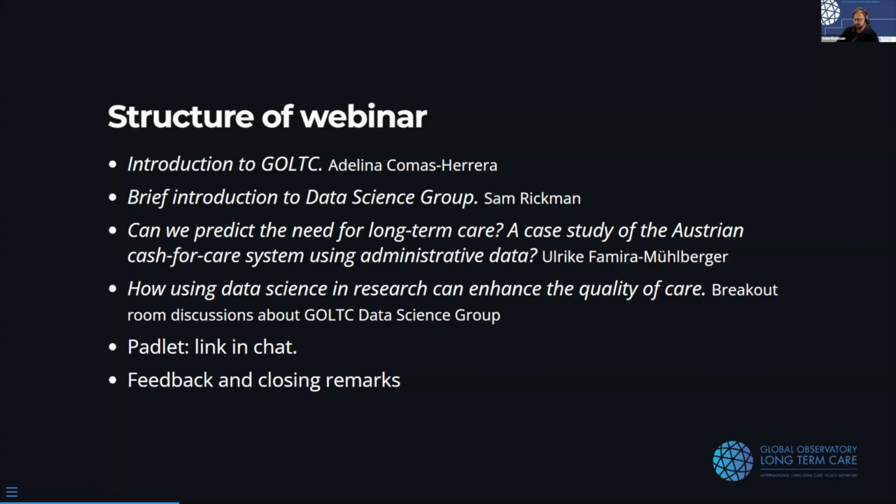But first, we'll have Ulrike's presentation. Ulrike Famira-Mühlberger is a senior economist at the Austrian Institute of Economic Research, who focuses on socioeconomic aspects of long-term care. Ulrike is presenting a paper which uses administrative data from the Austrian cash for care system to predict receipt of long-term care allowance. So Ulrike will speak for about 15 to 20 minutes, and then we'll have about 10 minutes